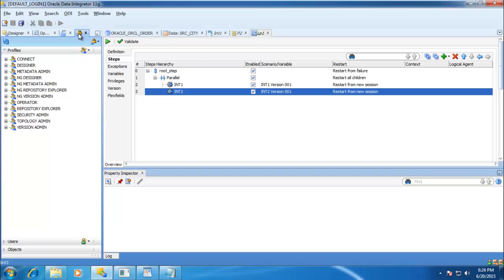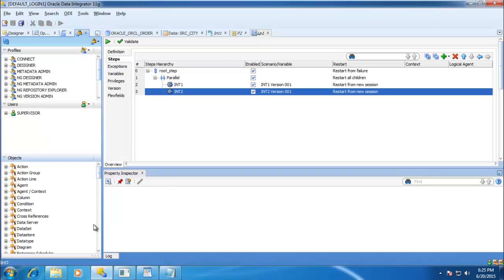Security navigator is the one where we can define your users or the profiles. What metadata objects the users can access, all those things we are going to define in your security navigator. We'll see how we can use the security navigator to define our own users and the different objects they can access. Those are all the things we are going to define in the security navigator. We'll see how it can be used to define the security of users.